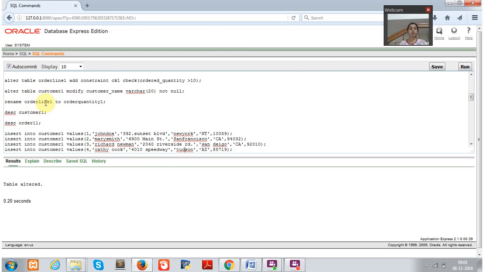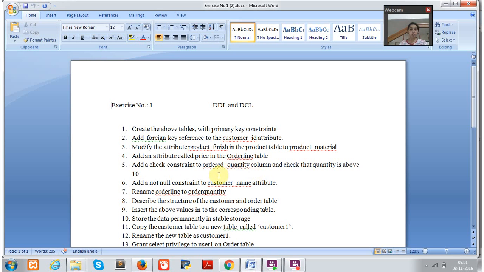So rename order line to order quantity. On executing this, the statement is processed. That is, we have renamed the order line table, that the table name is renamed to order quantity. Then the next question is to